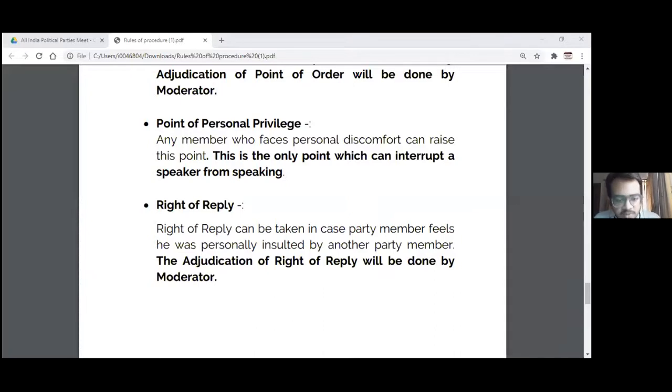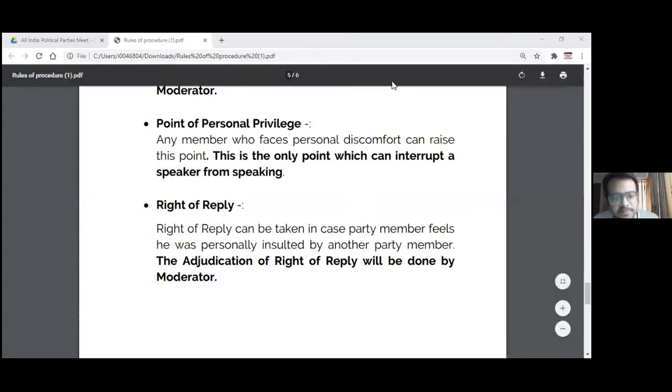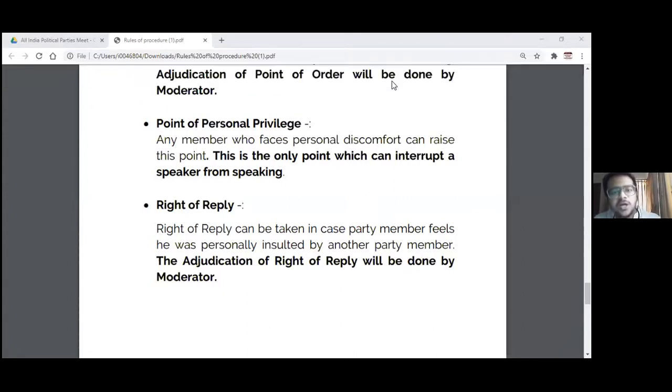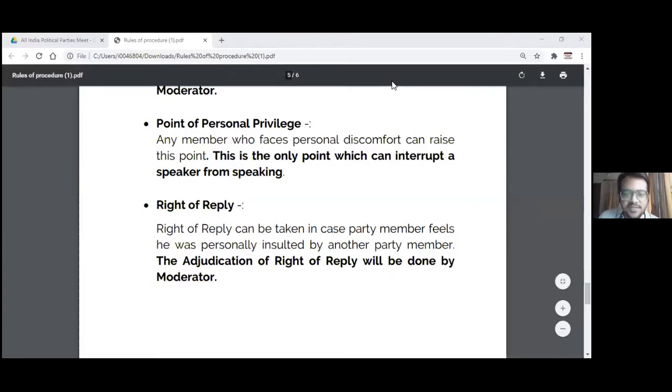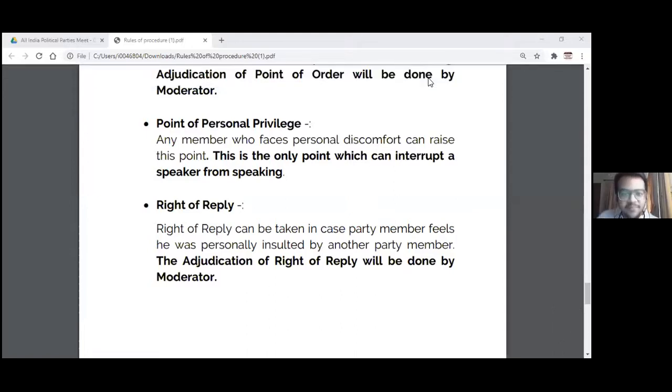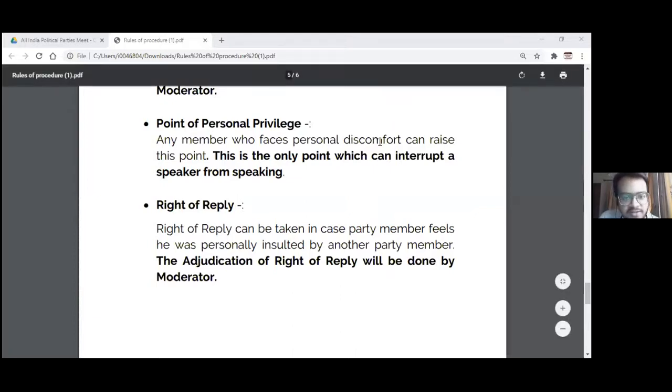So yeah, there's a question I think in the chat. Second: can we interrupt somebody's speech during an informal session? Yes, because in an informal session, you don't have any speeches as such. It's completely informal. It's not a formal session, so we will not be there as EBs only. It can be a conversation, it can be just general chaos, it can be anything. There's no speech as such, so you can interrupt anybody. That's completely fine. However, I would say just be very civil when you do that, because we want to be fruitful and constructive over here and not destructive.